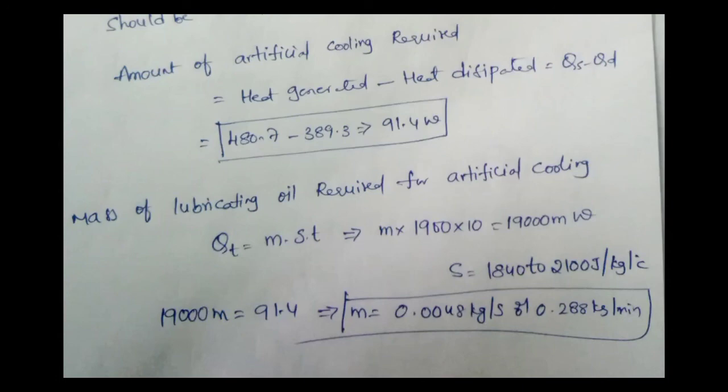So I hope you understand this value. As far as this problem, you may be very much aware of the amount of heat generation, the amount of heat dissipated, and what we call the mass of the fluid. And you feel difficulty in choosing this bearing pressure value. I hope that is the only difficult part. The remaining things are easy, right?